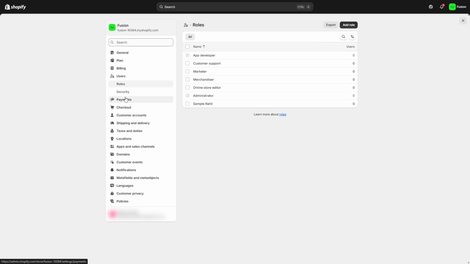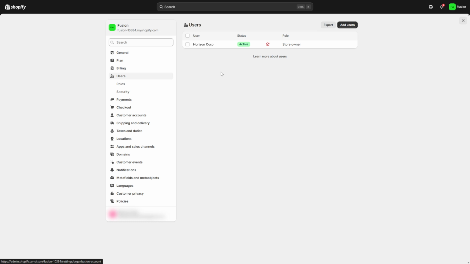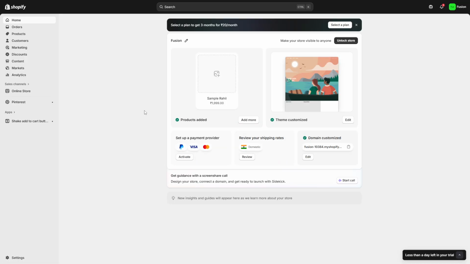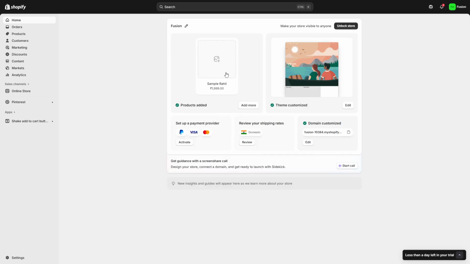That's it. You've navigated to Settings, opened Users or Users and Permissions, selected the collaborator, scrolled to Store Settings, enabled View Customer Events and Manage and add Custom Pixels, and saved your changes. If you don't see these options, your own role may not have permission to edit them, or the interface may vary slightly. In that case, double-check your